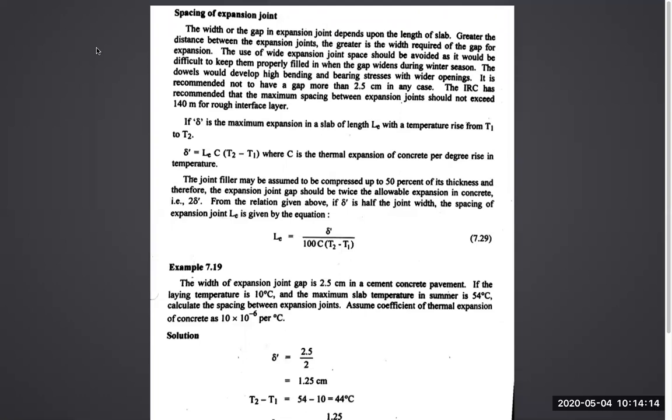Okay, based on the condition, the situation, and a number of factors, there are types of joints which are provided for transverse. So to name them, we have expansion joints, then contraction joints, then warping joints, then construction joints. At the end of the day's work, when you want to start new work the next day, we provide this construction joint. So there is a day's gap, and then we want to continue the work, then we have the construction joint.